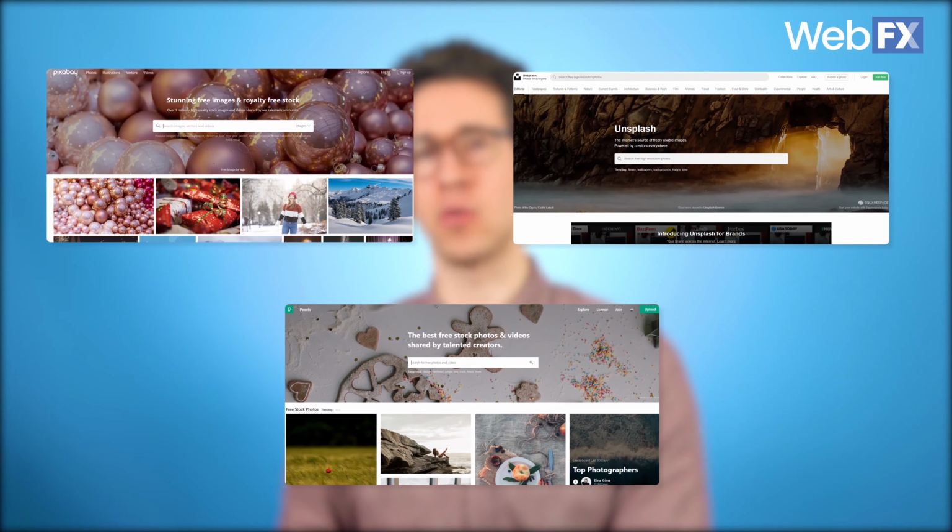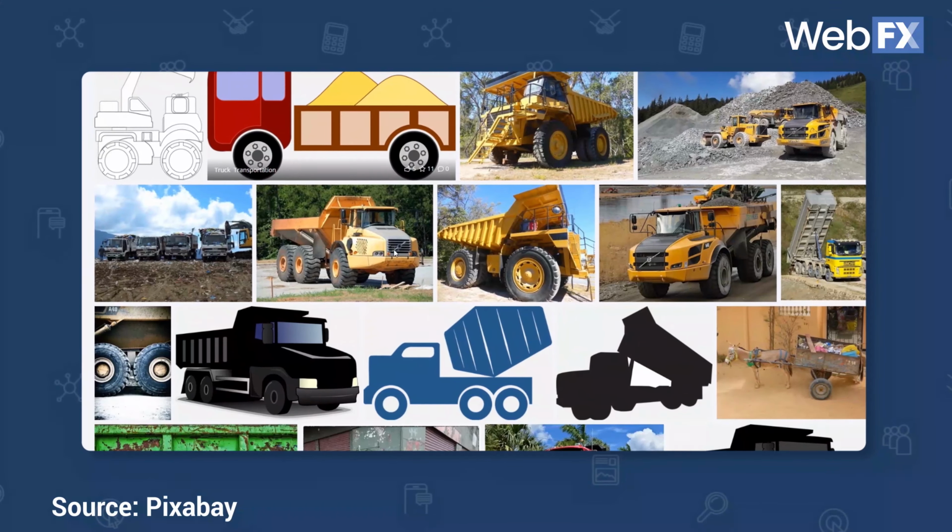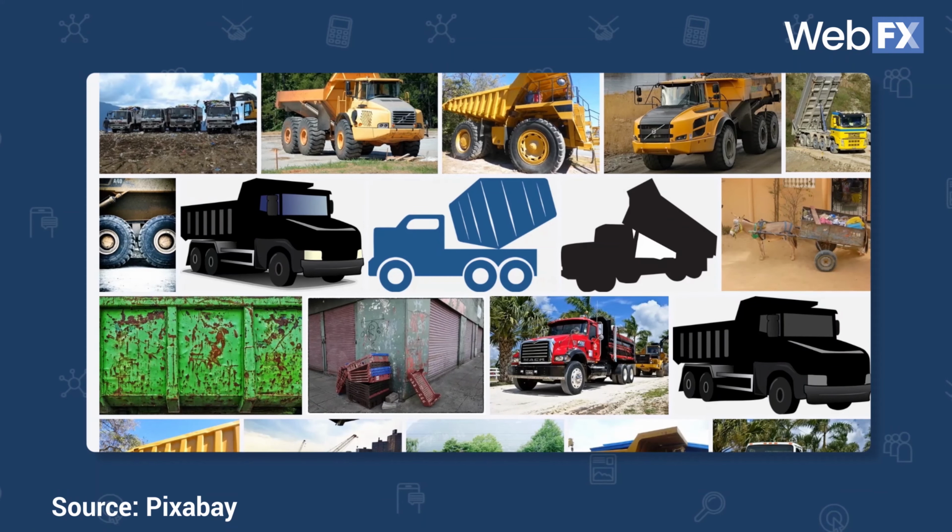If you prefer to find free images on your own and bring them into the graphic editing software, sites like Pixabay, Pexels, and Unsplash offer free images and graphics in nearly every category. So if you need a picture of a dump truck, you can probably find a free one. Keep in mind that these are popular sites, so if you find an image you really like, it's possible that another business like yours has also found that image.